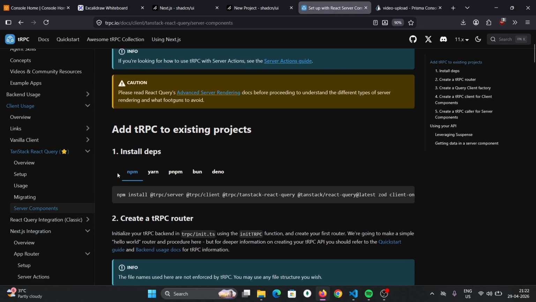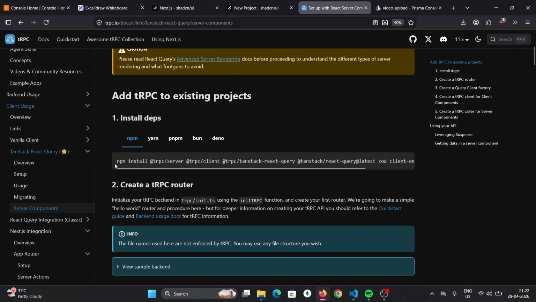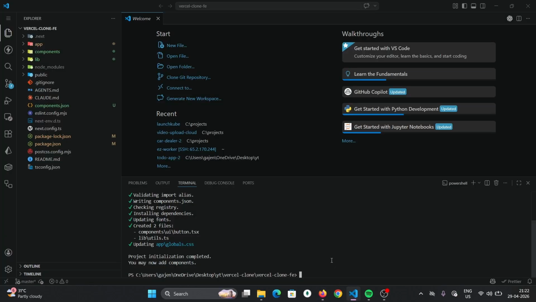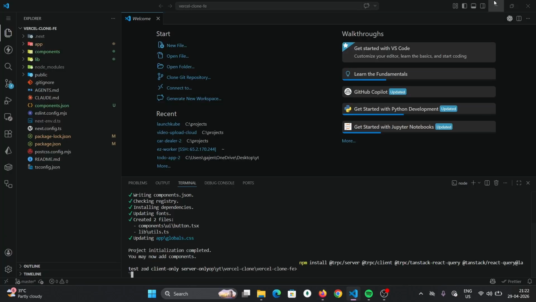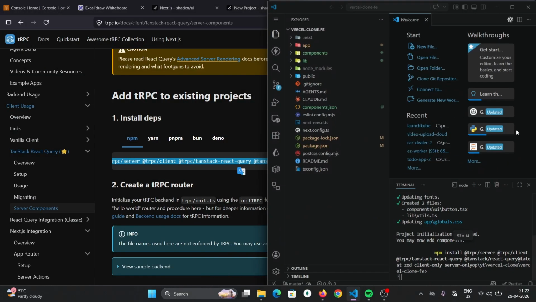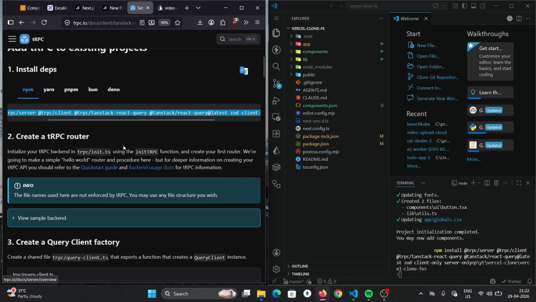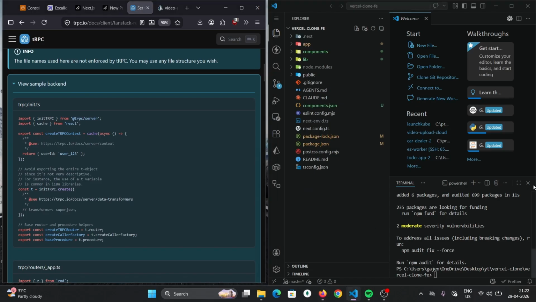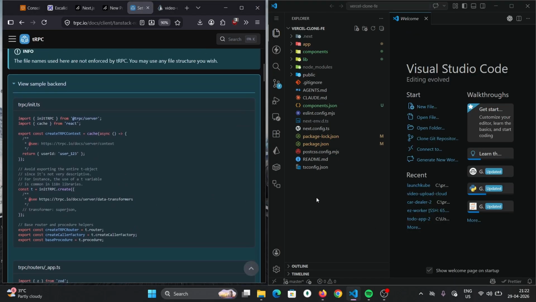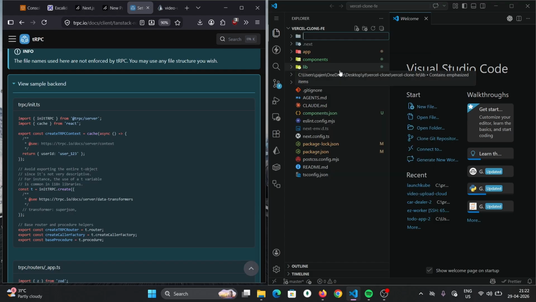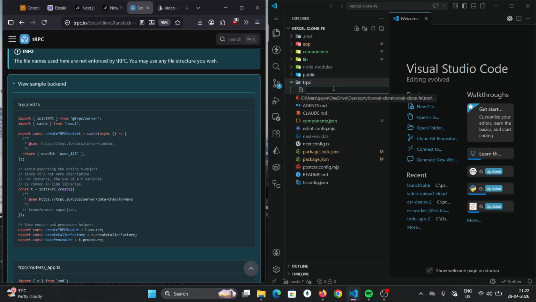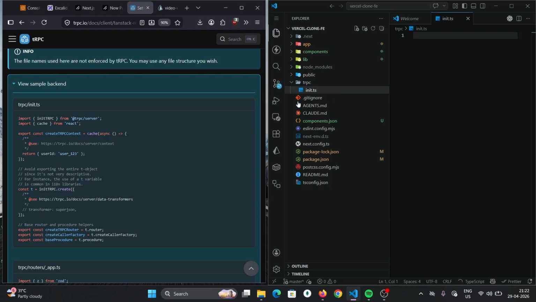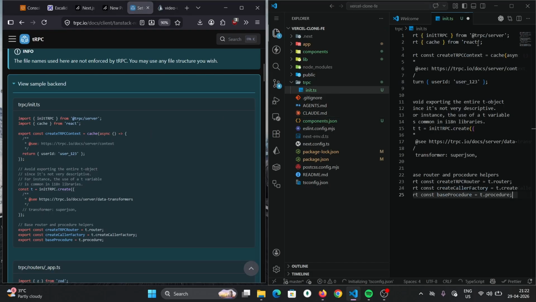Follow the steps, install these dependencies, copy and paste, and second step is create a tRPC folder in your root. tRPC, create an init file, init.ts, copy, paste,